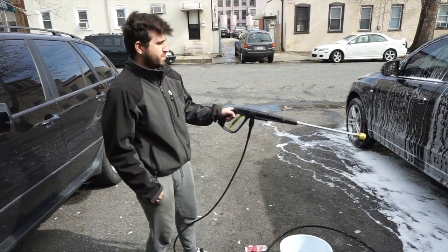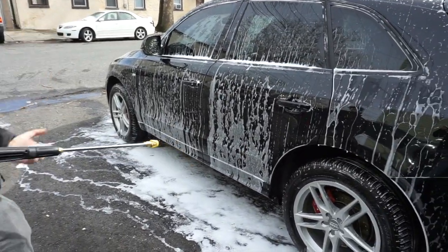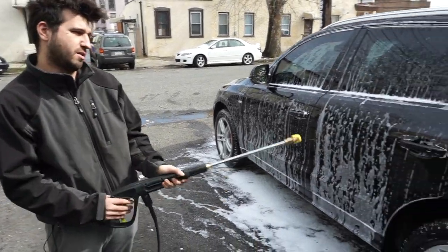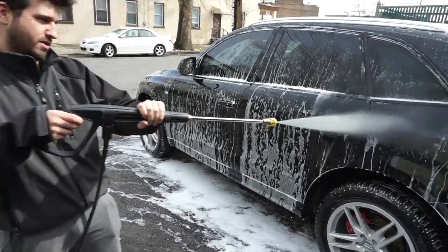So now that the foam's pretty much run down, you're good to start power washing. Some people like to go up and down. It doesn't really matter when it's this dirty. If it was never touched, then yeah, up and down and rework the foam in. But for this purpose, we'll make it